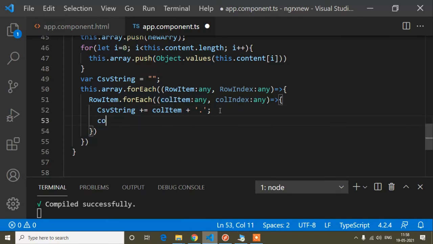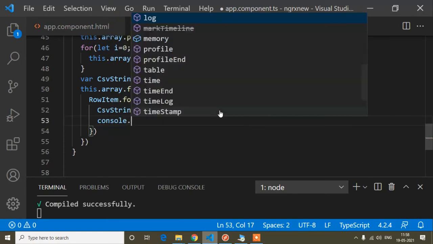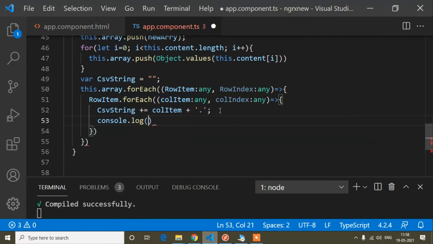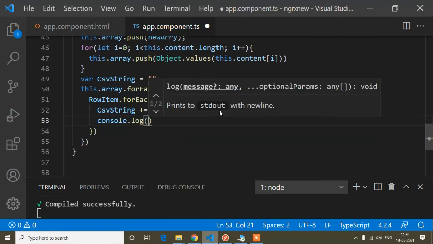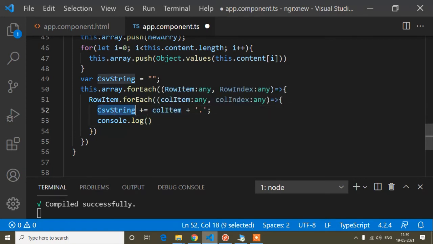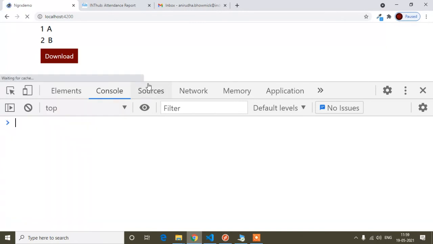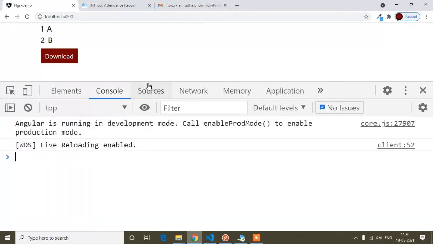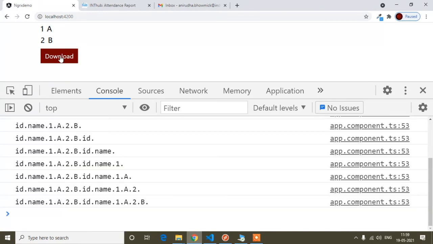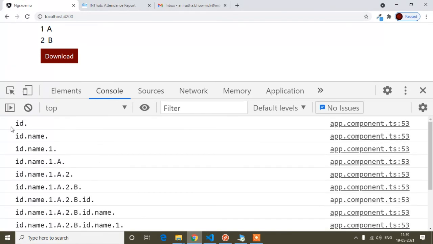Now if I write console.log and inside it I print this one, let's check it. You can see id, name, this way I'm getting.